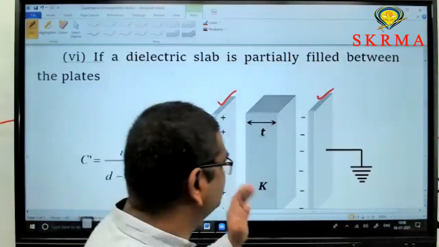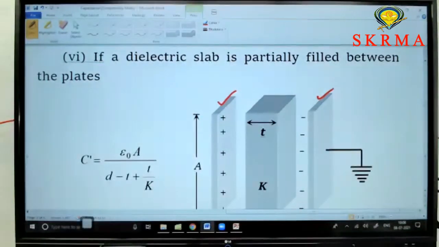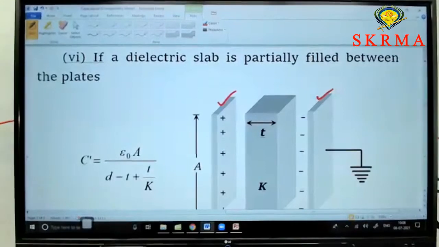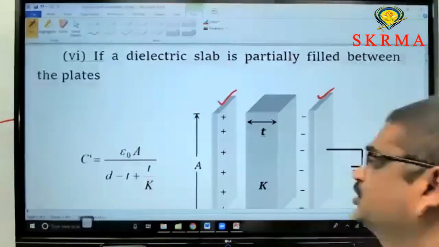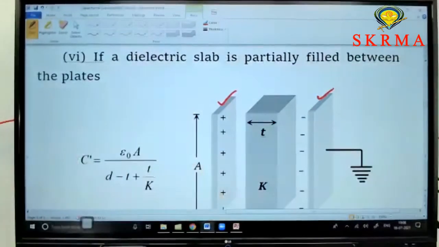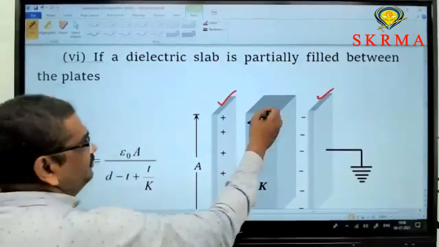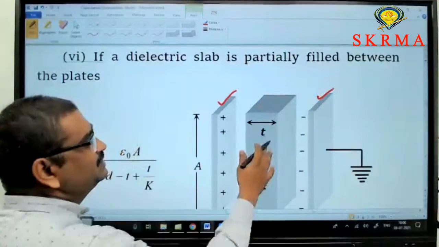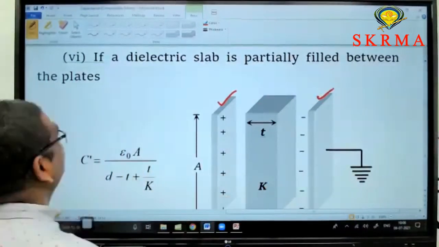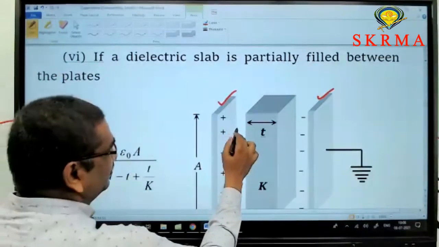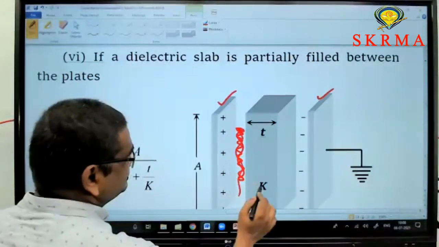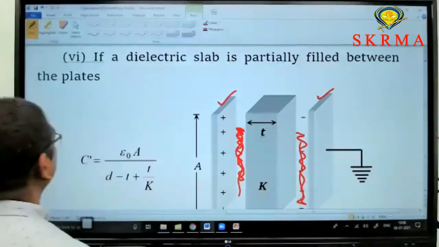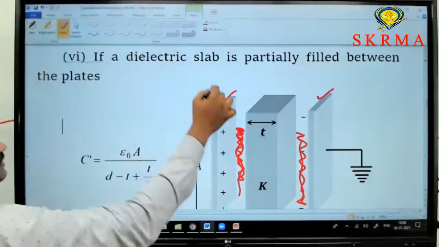So here two capacitor plates are there. One is a positive plate, and the other one is a negative plate, separated by some finite distance. Now in this case, we are going to insert one dielectric slab between these two partially. Partially means some space is left behind without filling. This is empty or free space. Here also some free space is there. That means this comes under a partially filled case.